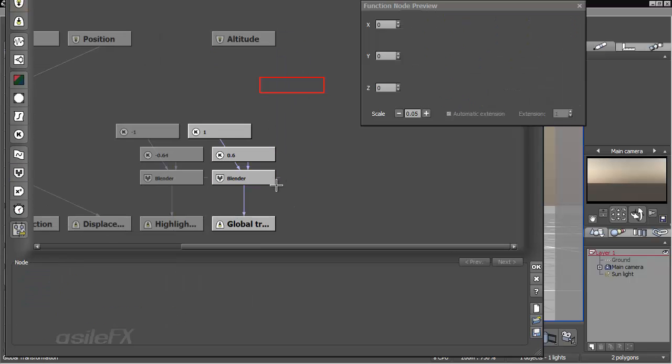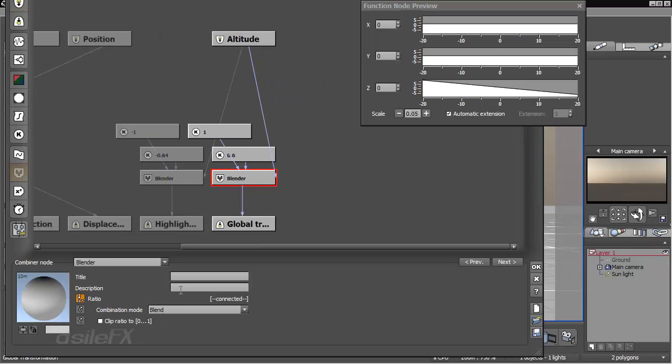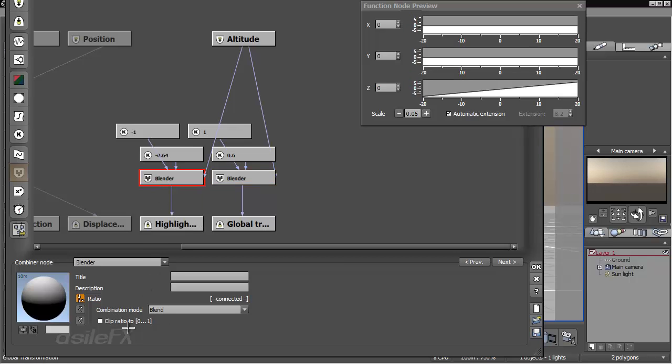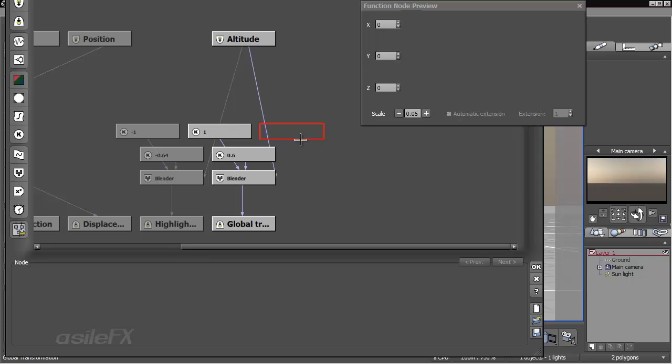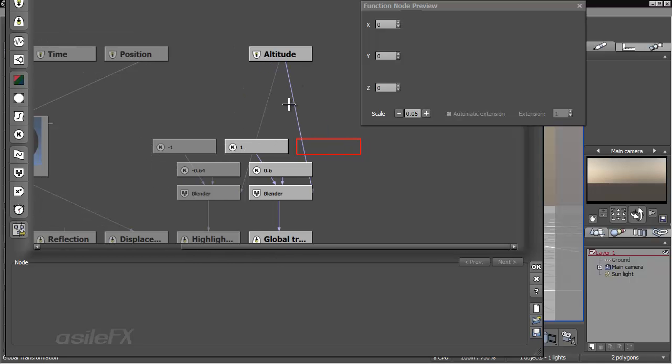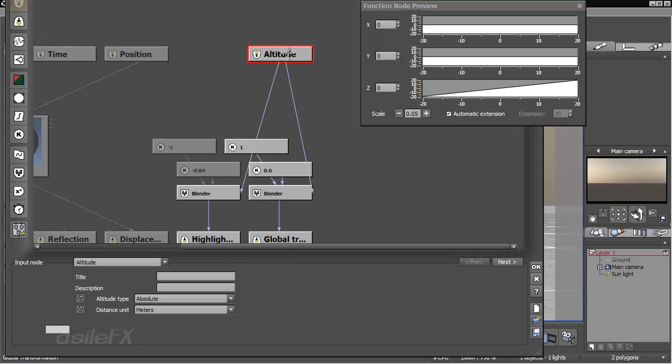I'm going to start just by connecting these blenders to the altitude. And we also want to make sure that we're going in to each of the blenders and turning on the clip ratio 0 to 1. That way we're not going outside of these defined values that we have in our constants, because otherwise it's going to go way beyond those values depending on the ratio. So at the moment we don't have any motion set up for this, and it's just going to take this direct altitude and we're just going to see sort of a gradient